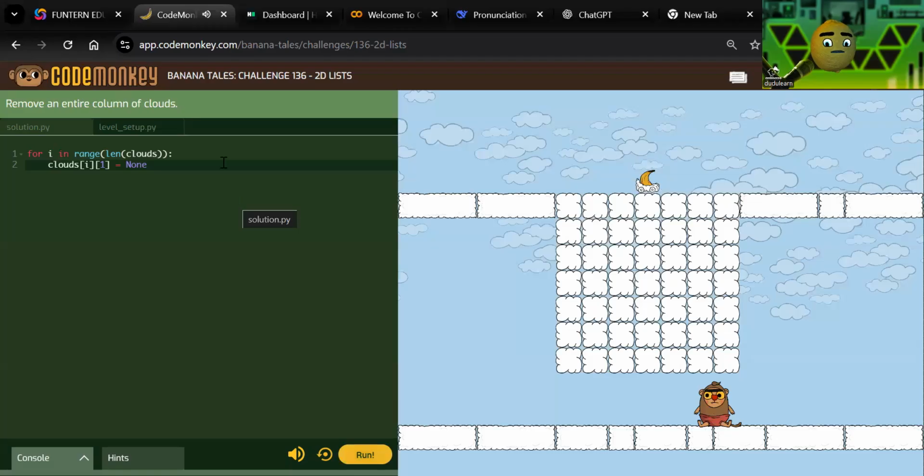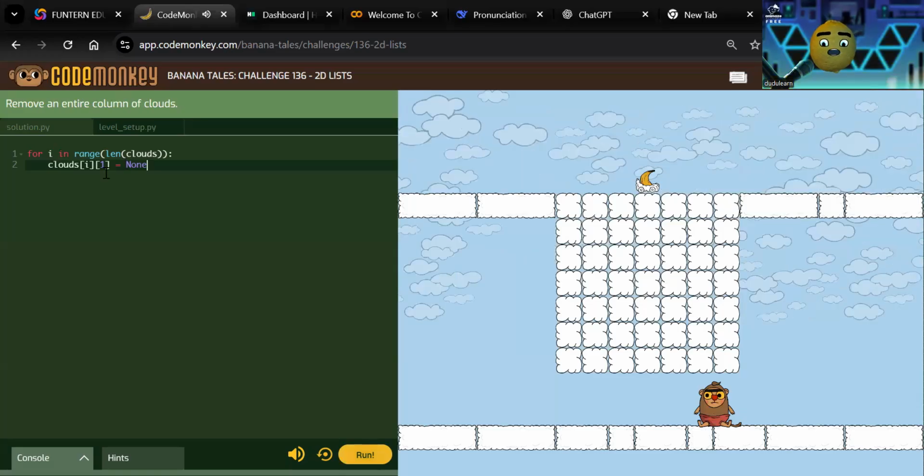OK，那么 for i in range length clouds。And then it says clouds i 1 equals to none。那么看看看这里是不是 i 1